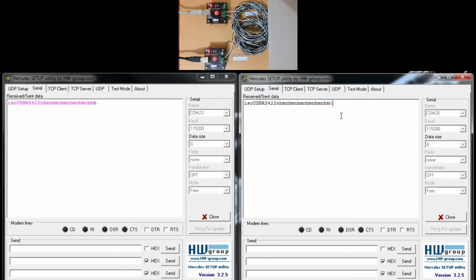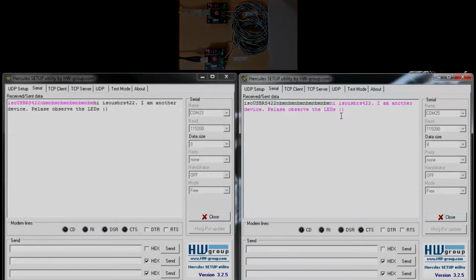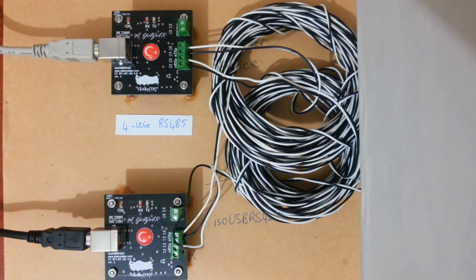Okay, hi ISO-USB RS422. I am another device. Please observe the LEDs. Okay, this is the RS422 configuration. Now in the second case,